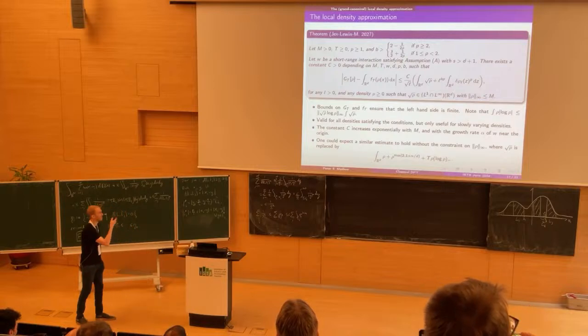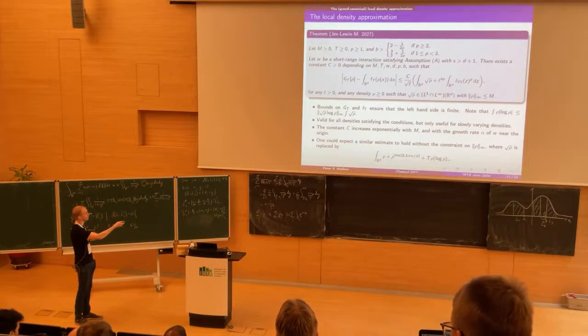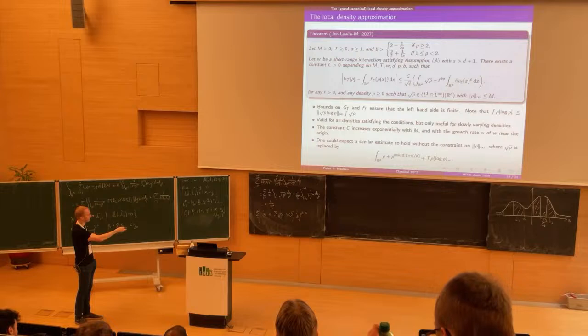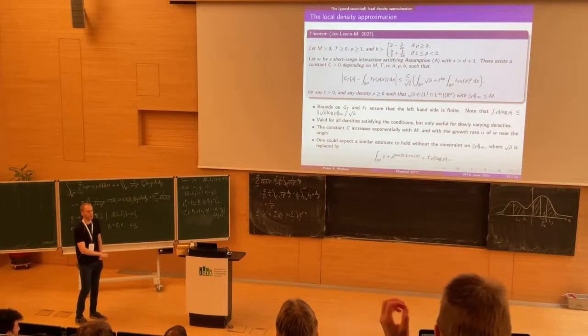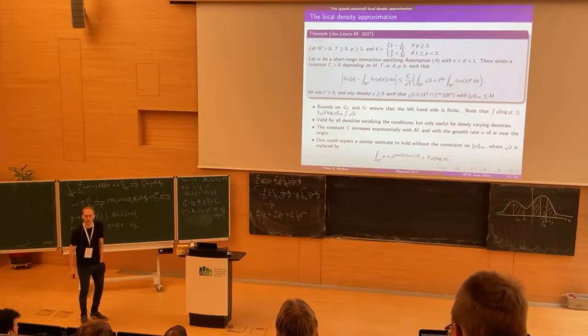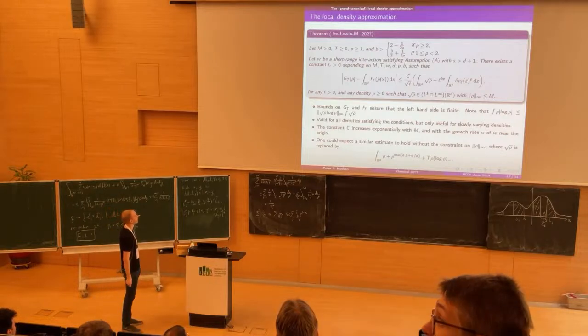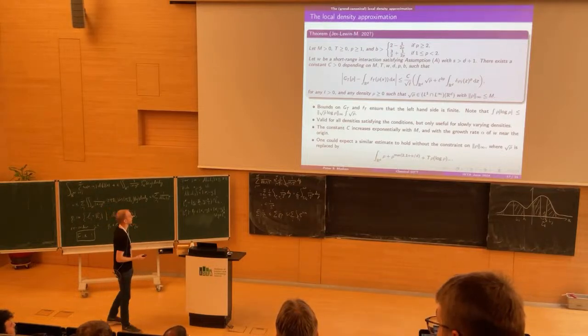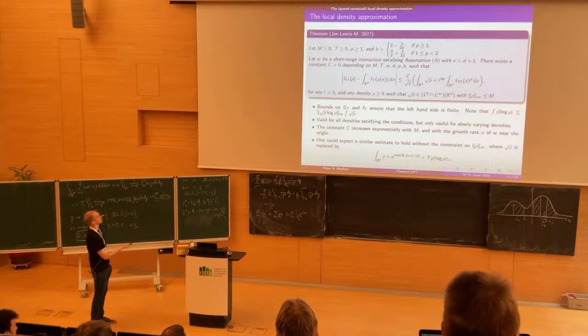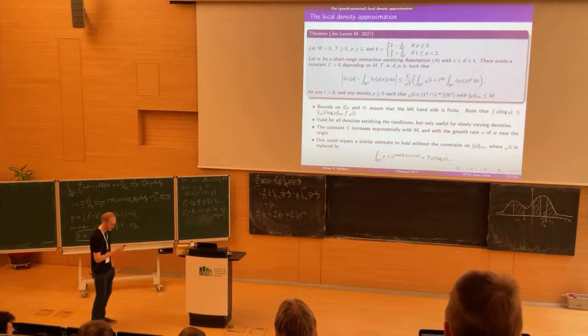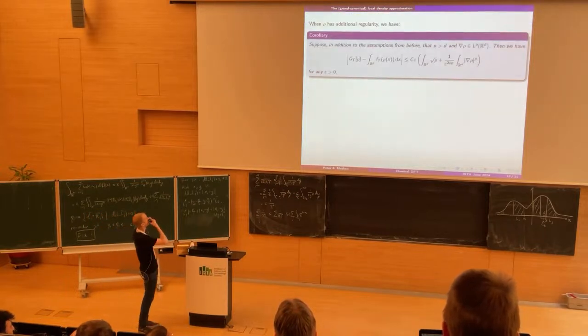So what we would actually expect is that the same kind of bound holds where you replace the square root of rho with something like this. We're just unable to prove it because our tools are too rough. Okay, so maybe just to convince you that this is a good replacement of the gradient, we have